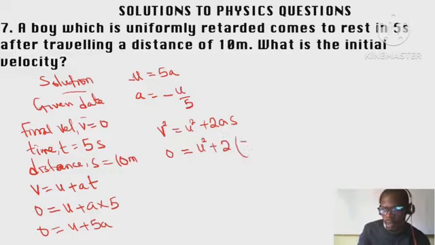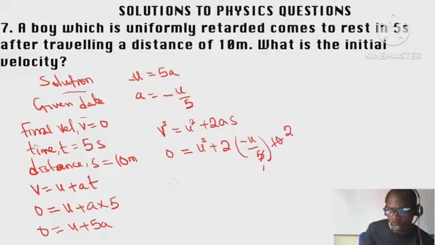Our a is minus u over 5. Then the distance that you are given is 10. So from here we can say that 5 goes here 1, 5 goes here 2. So here we have 0 equals to u squared